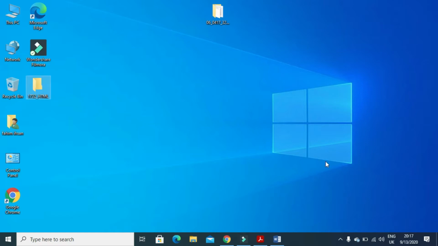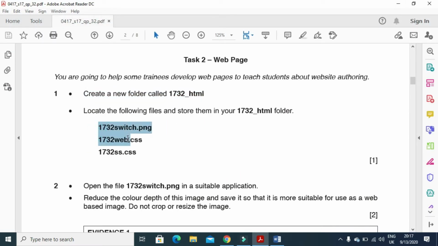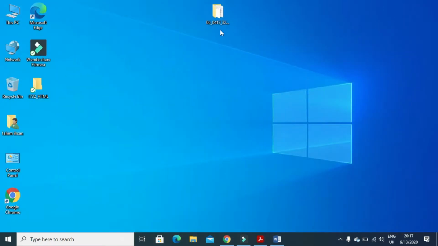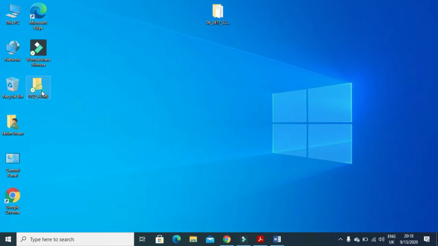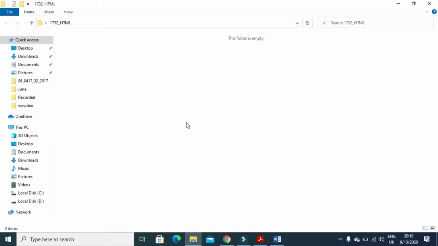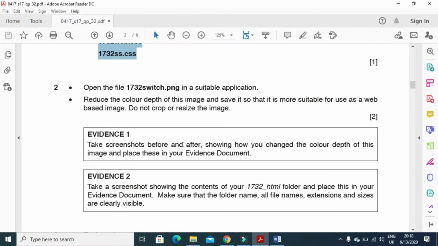1732_HTML. So this is what I have named the folder, and then after, I need to get these 3 files to paste or include into your folder. So we'll get them from here: switch, SS and web. Just copy them and then go to your folder here and paste them here just like that. When everything is done here, you need to proceed with the next step, which is to open the file 1732 switch.png